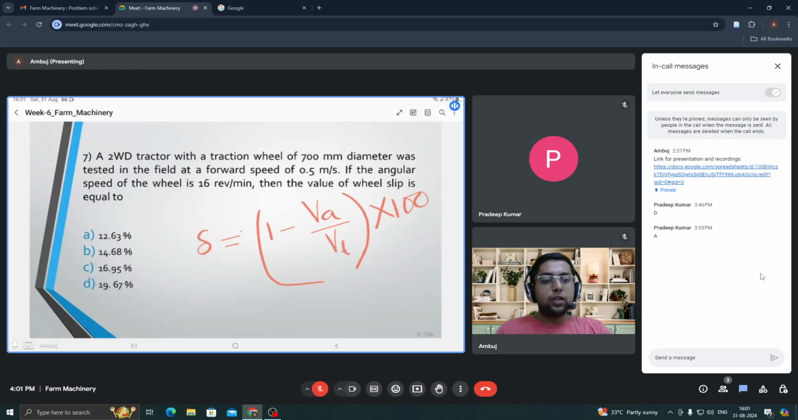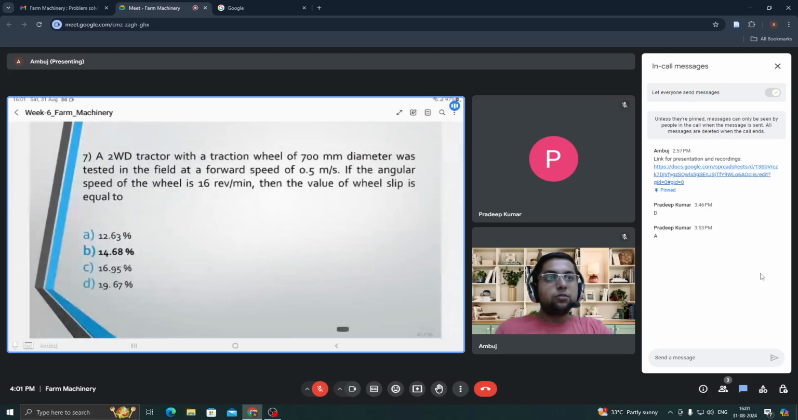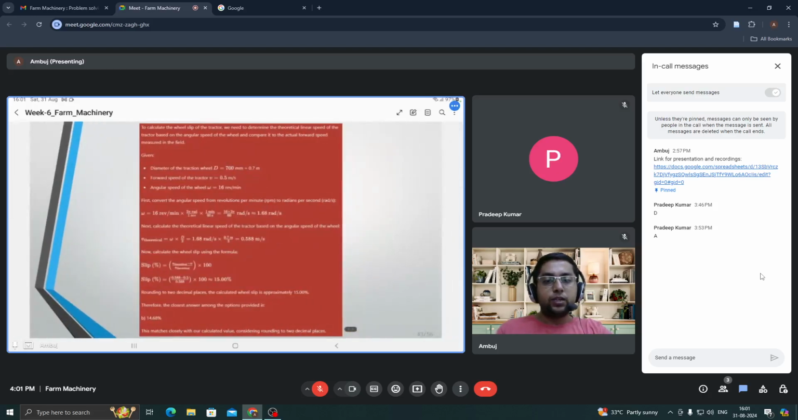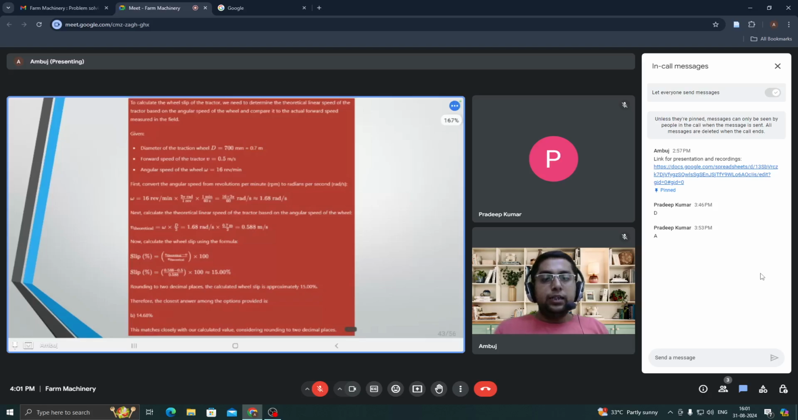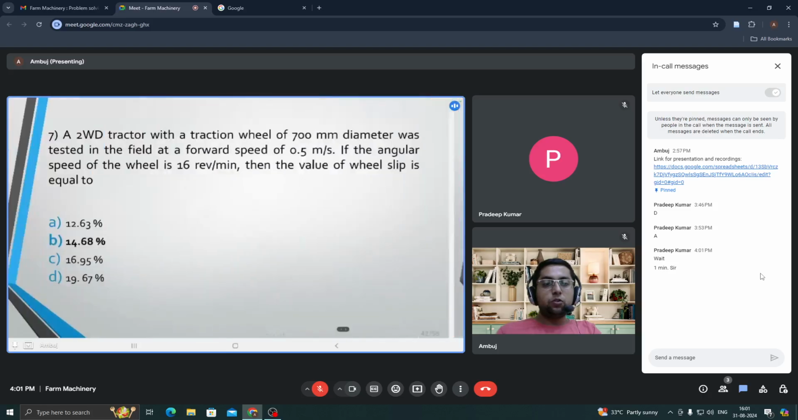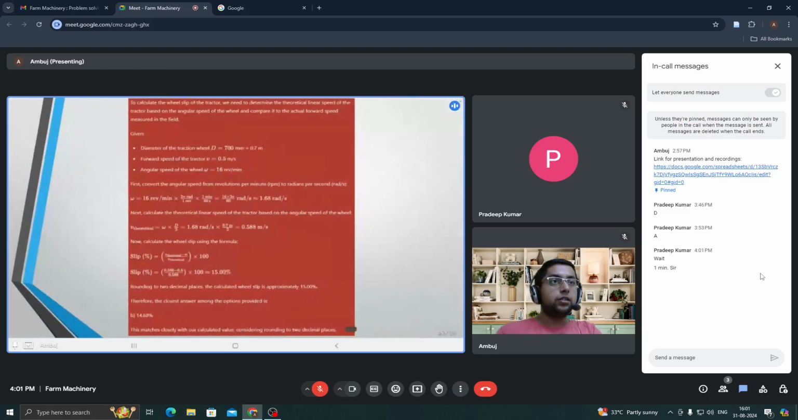Let me proceed. See here, correct option would be 14.68. I'll just show you the entire calculation. Everything has been given here. The diameter of the wheel has been given here as 700 mm. Speed has been given 0.5. Then omega we have been given as